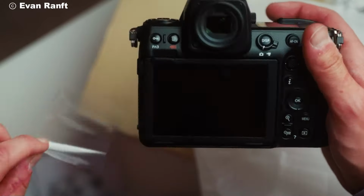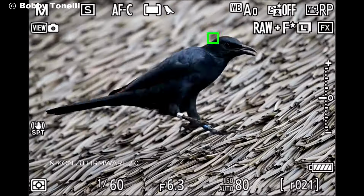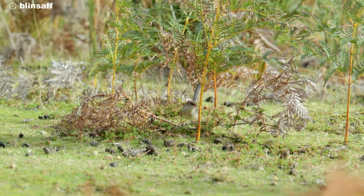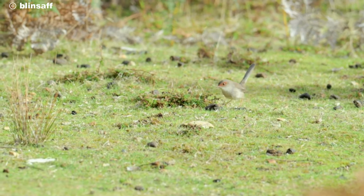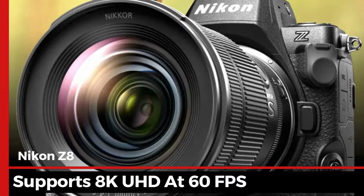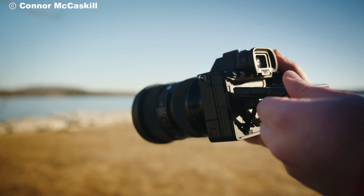Next, let's talk about autofocus. The Z8 comes with an advanced hybrid AF system that includes 493 focus points. This system is designed to track subjects with precision and speed, making it ideal for both stills and video. Speaking of video, the Z8 supports 8K UHD at 60 FPS, which is a big deal for videographers looking to